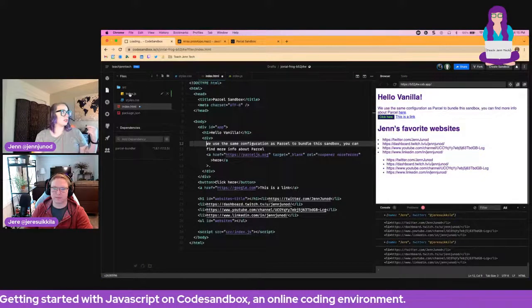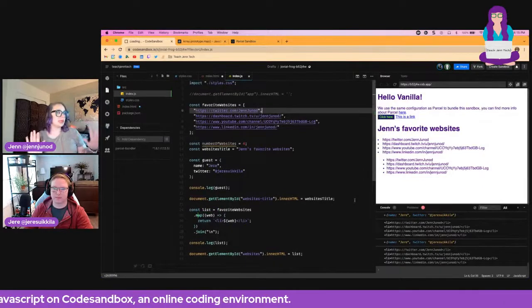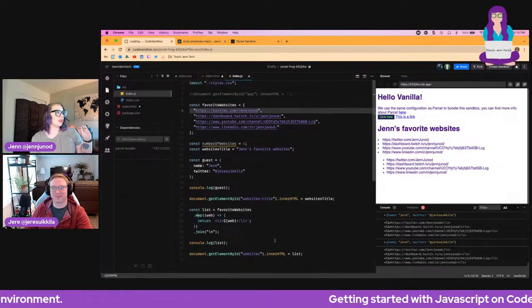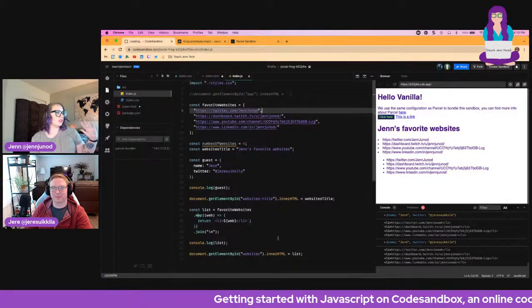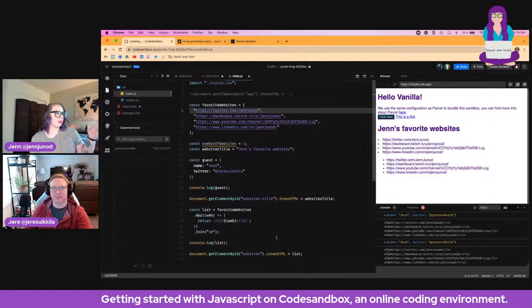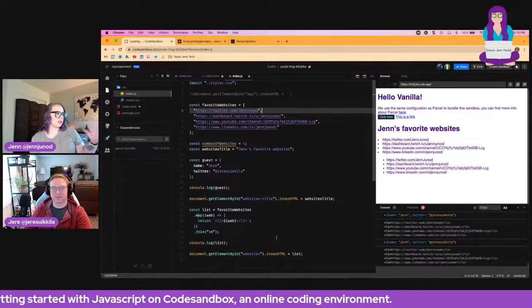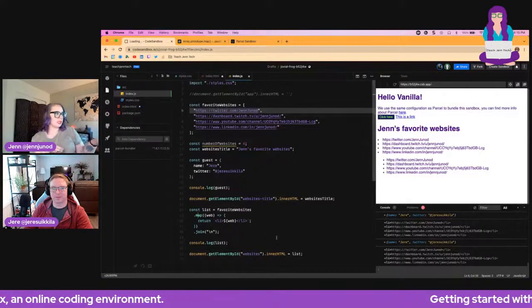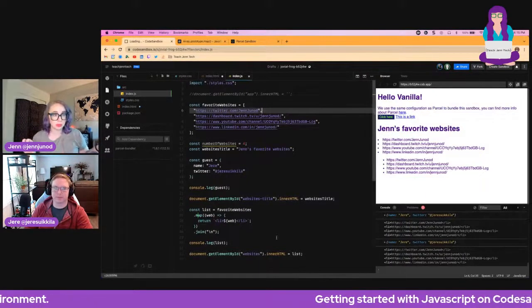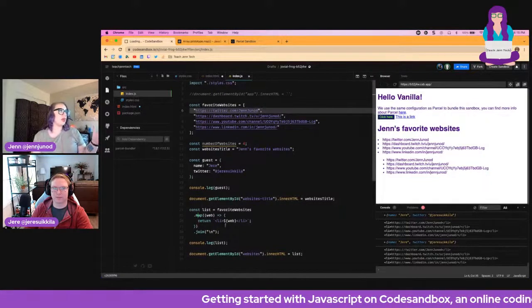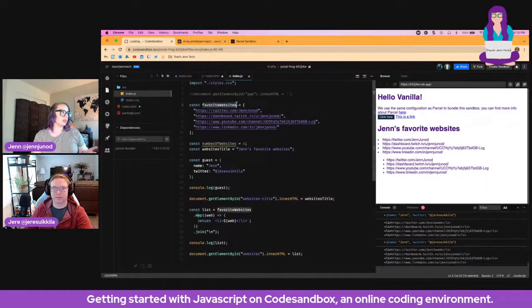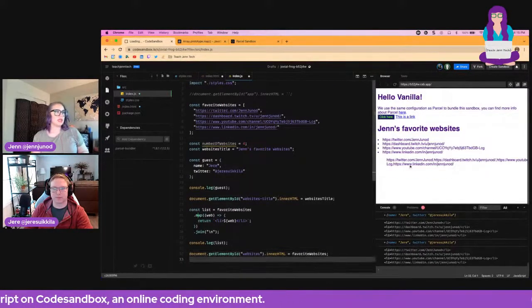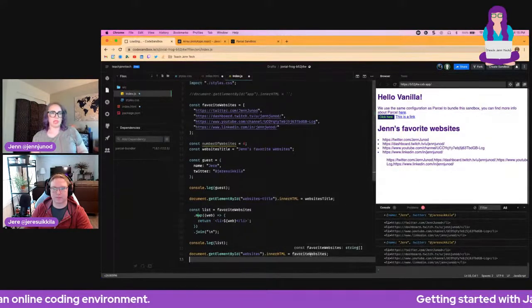And the part that I'm going to get a little messed up on, but I get that, we did the document.getElementById websites innerHTML, and instead of having it be const list, which is where we did all the fanciness of making it look pretty, we could have done favorite websites again. I'm just going to copy and paste this really quick to make sure I got this right. It will paste, it just will not look pretty.